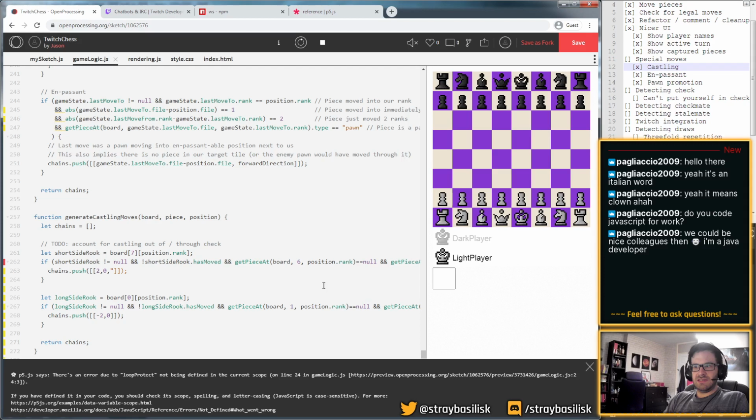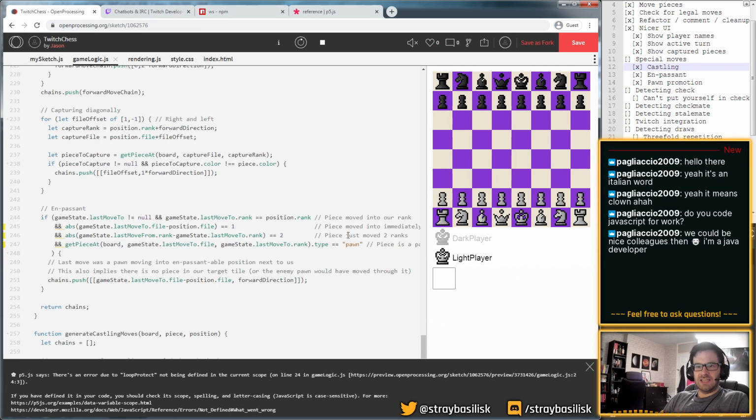So this is 5, 6, 7. So this is short castle. And then I can just directly check, right? And that to me feels way, way cleaner. And then en passant.